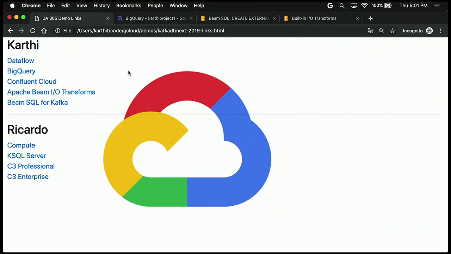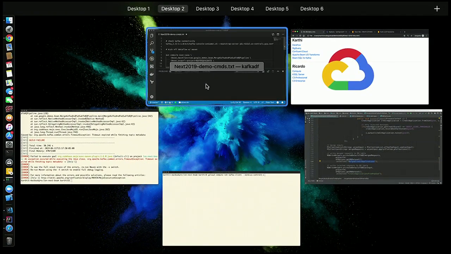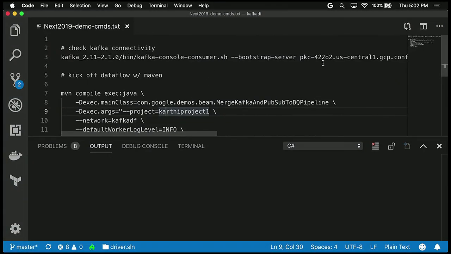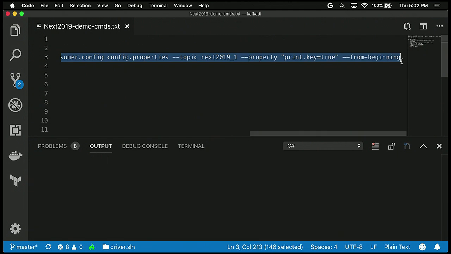When you write a consumer that consumes data from this Kafka cluster, you have to make sure that consumer is in the same VPC that is peered on your side. If you don't validate the connectivity, you'll run into a lot of issues on the Dataflow side. So a couple of suggestions that I have to validate connectivity is once you have the name of the Kafka cluster,